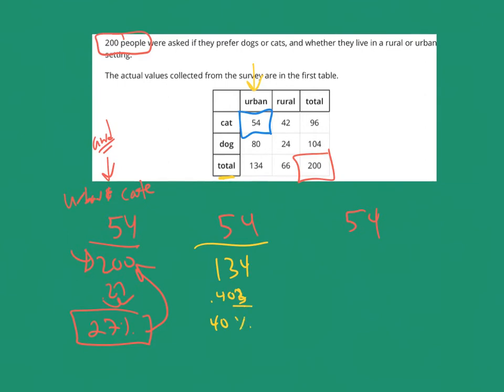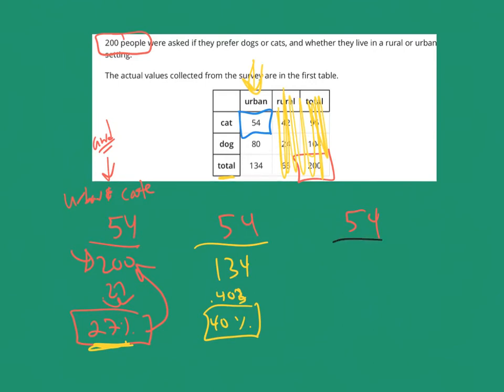So what does the 40% represent? 40% of the urban dwellers, because that's all I'm looking at. I'm not even looking over here. I'm just saying 54 out of 134. 40% of the urban dwellers own a cat. 27% of all the people asked were urban dwellers and owned a cat. But now I'm just looking at urban dwellers. And the last version